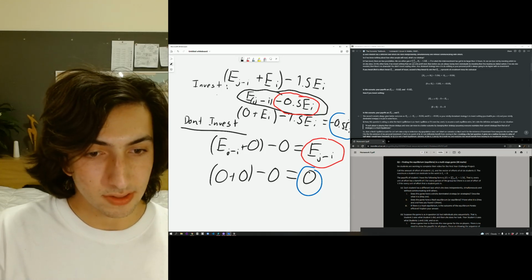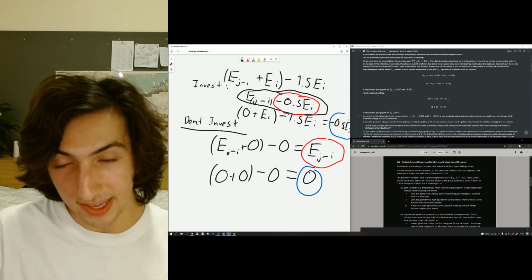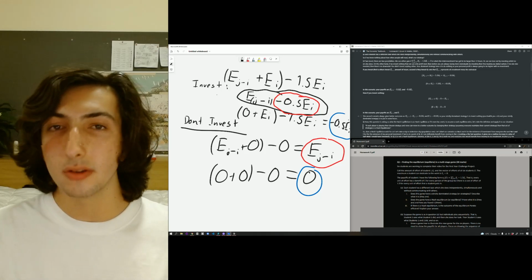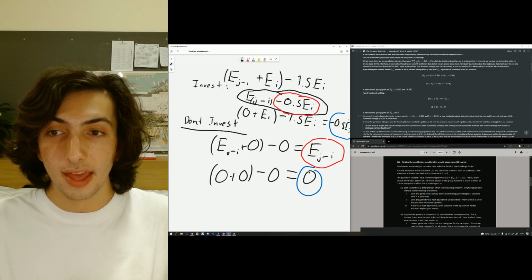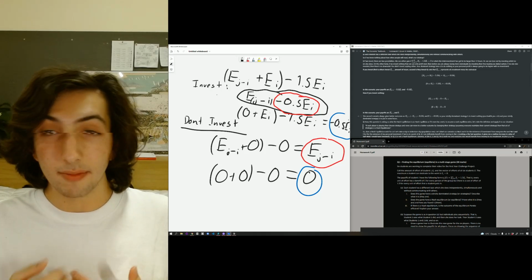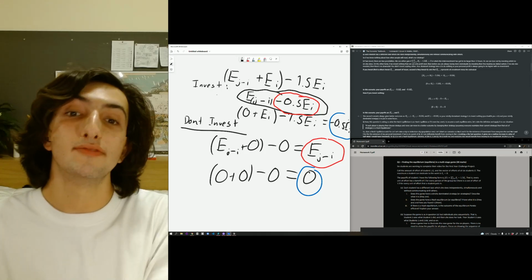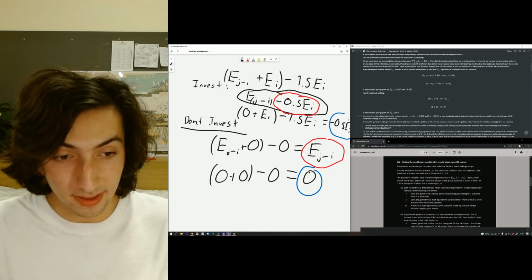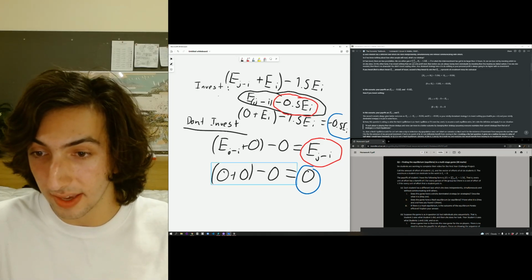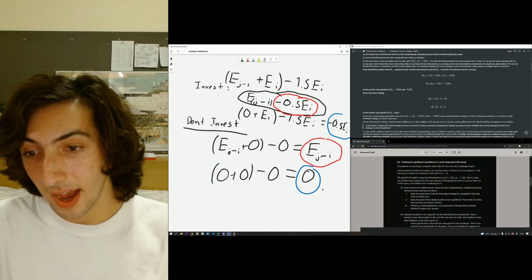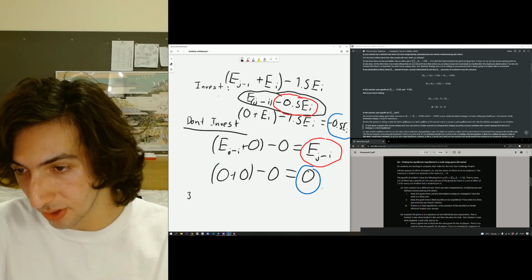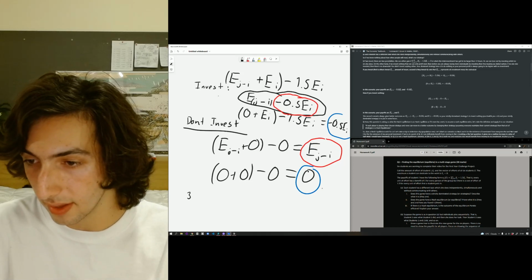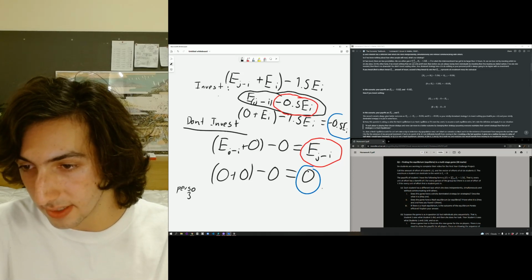Now, what's the next question? Does this game have a Nash equilibrium? Why, yes, it does. If everyone knows that this is their dominant strategy, to not invest, then they know that they're going to be better off anyway, so everyone's going to not invest. While we're not investing, if anyone invests, so imagine we're here, and then someone else, let's call this person number 3, just for an example, okay? So person 3 decides to invest, okay?